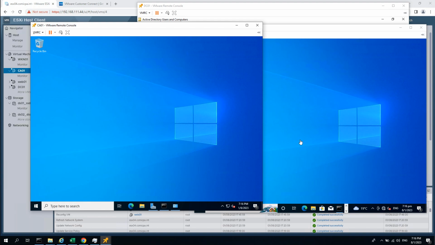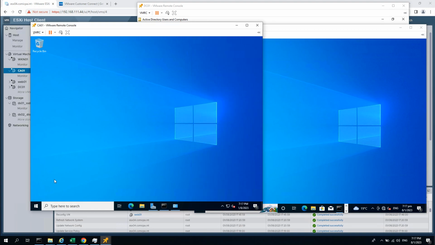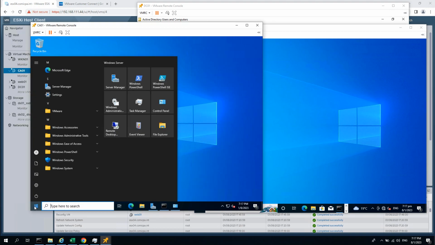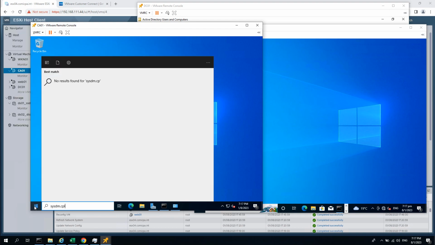So I performed some tasks on this virtual machine. I changed the time zone, I enabled the RDP, and I configured a static IP. Oh yes, of course. So bring out the trusty System Properties,